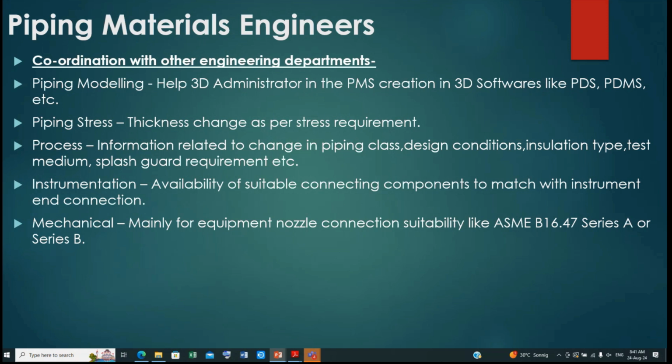With mechanical also, we sometimes have coordination. Mainly, the coordination with the mechanical department is to decide the nozzle, especially 24-inch and above. I will not go too deep at this moment. The flanges which we use in the piping are used as per the ASME B16.5 standard. Above 24-inch, we use ASME